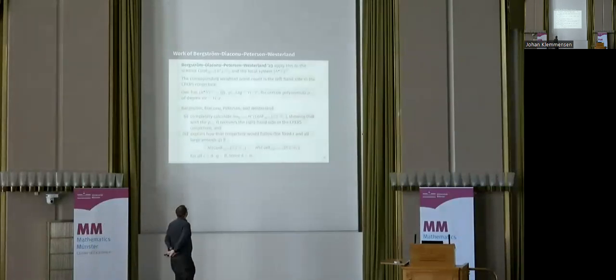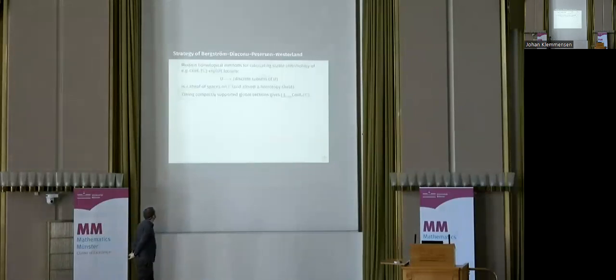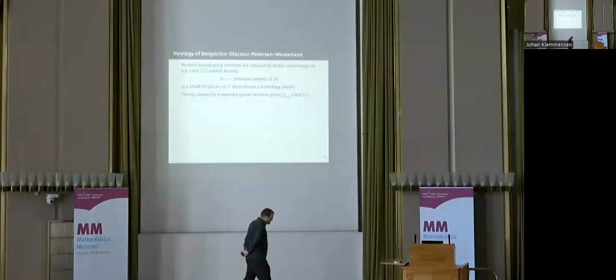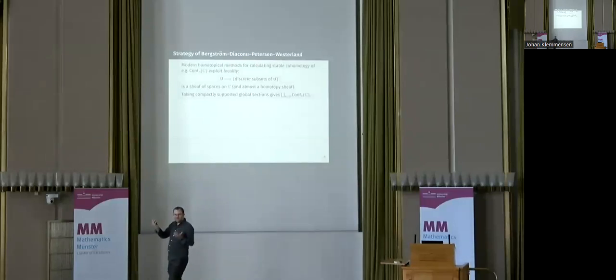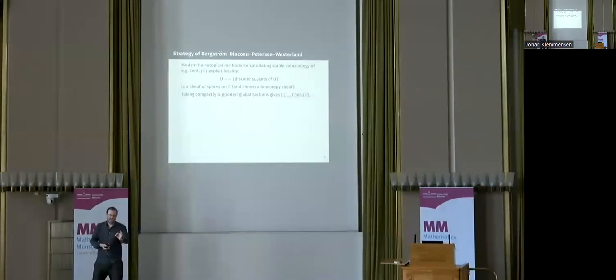So let me say something about how they do this. So the strategy they use is, in some sense, the kind of thing that is by now standard in this kind of homotopical approach to computing cohomology of moduli spaces. The key thing that makes this whole homotopical approach work is that many of these moduli spaces that I wrote down on my very first slide are in some sense local in whatever background space things are living in. In particular, if I have a subset of the complex numbers and I want to check if it is indeed a configuration of finitely many points, I can check that locally in some sense by checking that locally it looks like a discrete set and by checking that the whole thing is bounded.